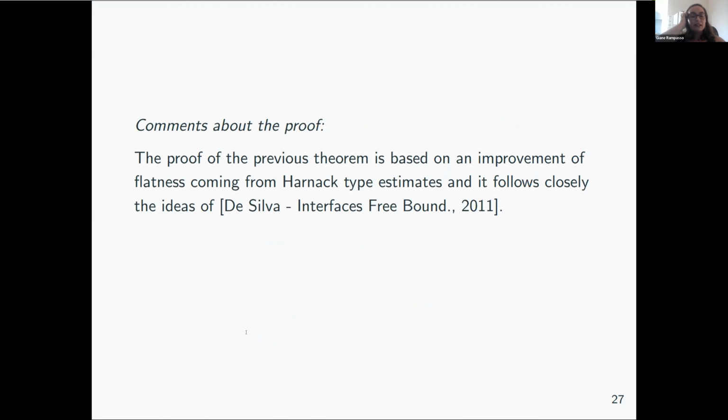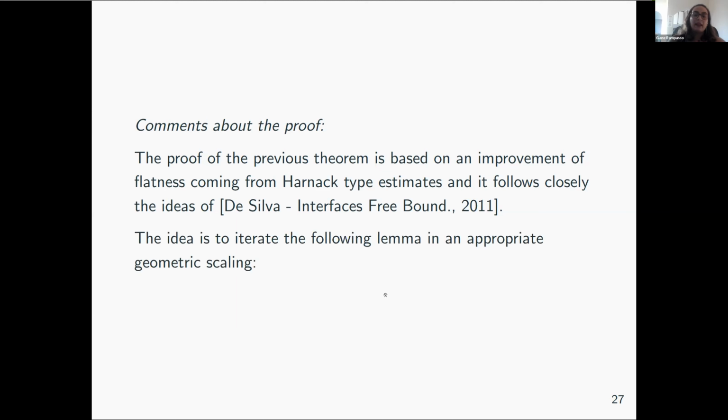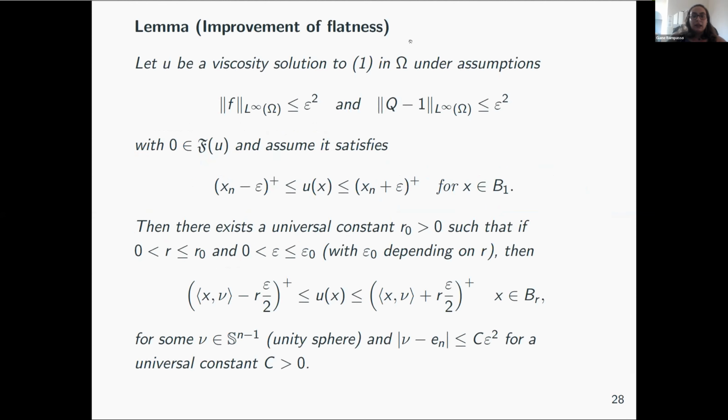So the proof of this theorem is based on an improvement of flatness, which comes from the Harnack type inequality and Harnack type estimates, and follows the ideas of Daniela de Silva in 2011. So the main idea is to iterate the following lemma in appropriate geometric scaling. The lemma consists in, under smaller assumptions on the source term and on Q minus 1,